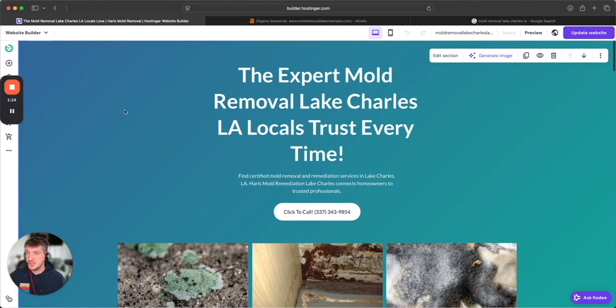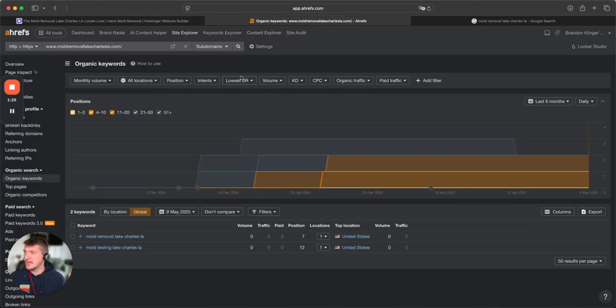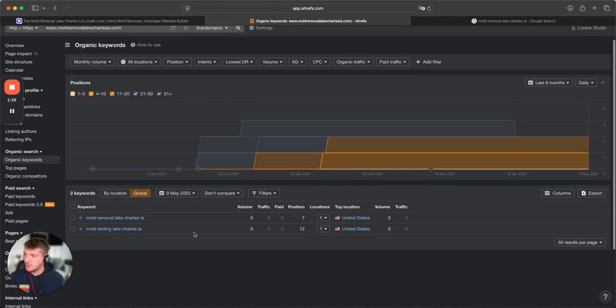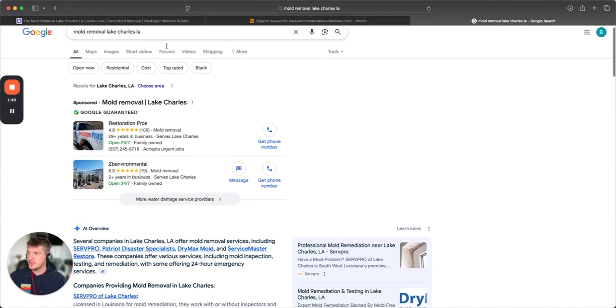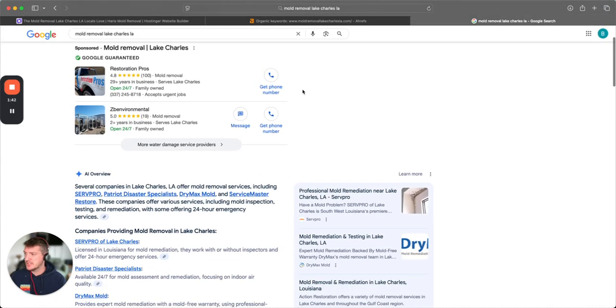So I want to show you something cool. Again, I did a quick keyword search here just to see where we're ranking. This was the main keyword I've been going after, mold removal, Lake Charles, LA. You can see we're still in 7th place. So I went ahead and I just Googled that. I'm on a local VPN, so I just Googled mold removal Lake Charles, and you'll see